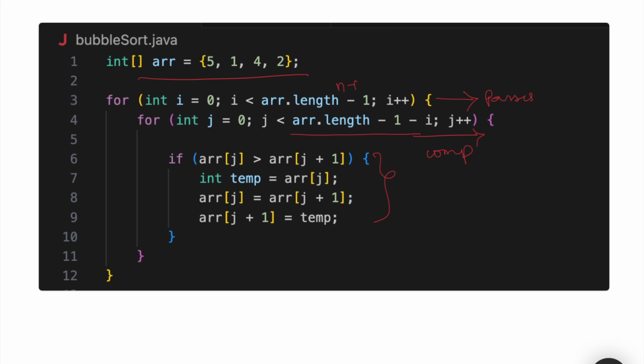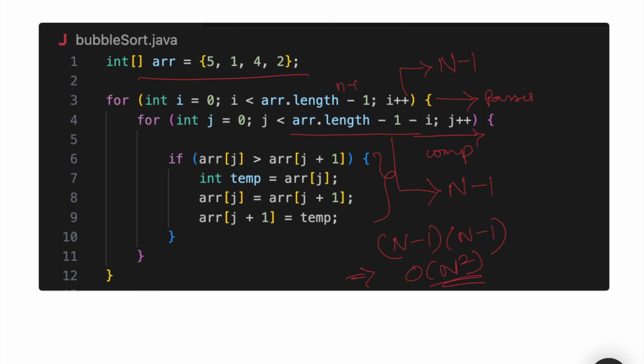So now for the time complexity, if you see, this outer for loop will run for n minus 1 times, and this inner for loop, for the first pass we have made almost n minus 1 comparisons, right? So it gradually decreased while the passes increased. So at max we can take this also as n minus 1. So the total time complexity would be, we have to consider the greatest power, so big O of n squared.